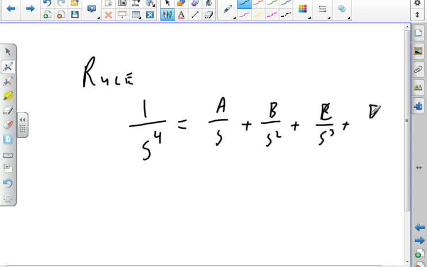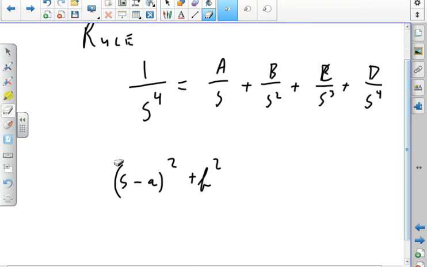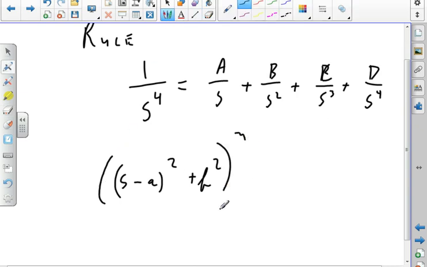I think we've used that rule before, where we had an s squared sitting down there. If you have a quadratic thing, so I had s minus a squared plus b squared, somehow I ended up completing the square and had something like that raised to the n. Then I'd have